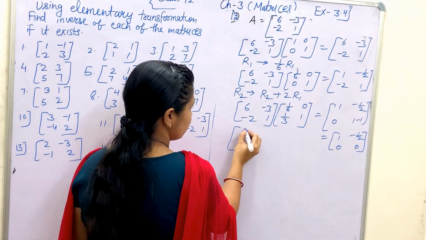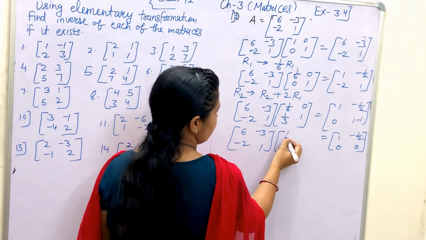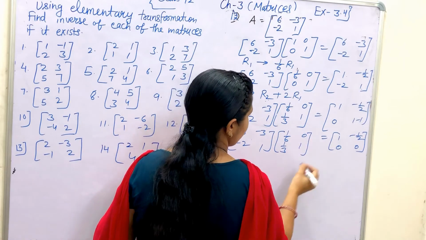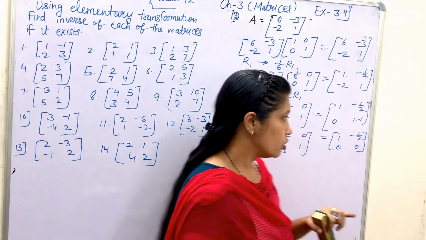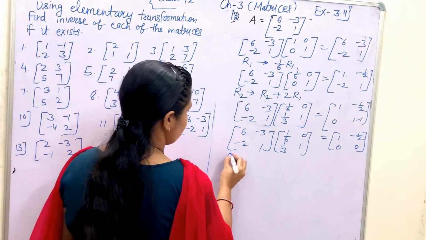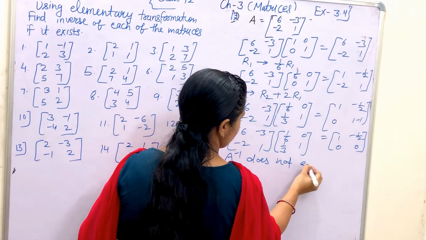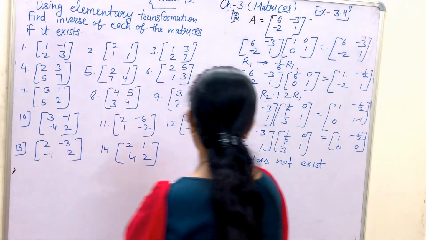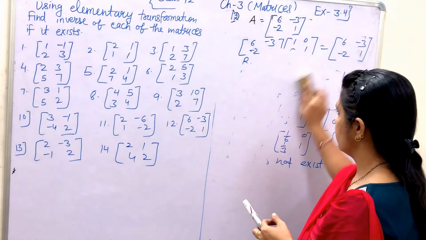And we know that we have to make our right hand side as identity. But here we can see our R2 row has become 0. So A inverse is not possible. A inverse does not exist. Here we can't make our A inverse matrix. So in question number 13,